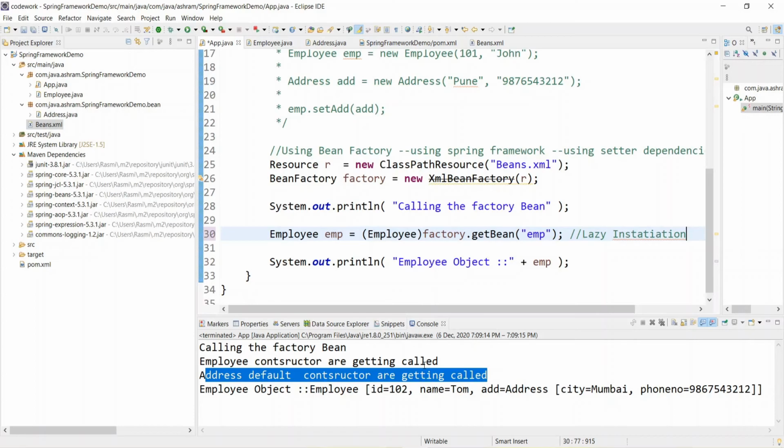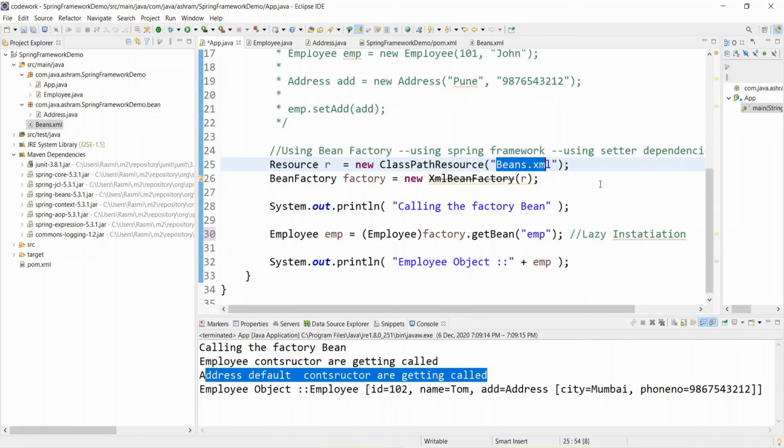So this is one conclusion. The other is the ClassPathXmlApplicationContext, which is early instantiation. Whenever you pass the beans.xml to the application context, the object will get created at that time, even if you are not using it.